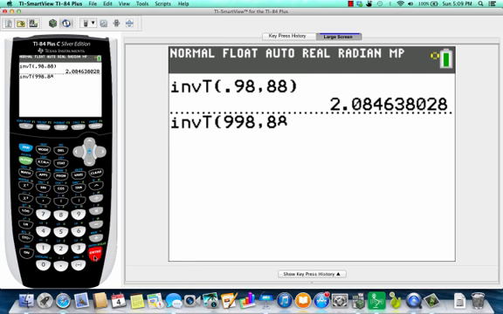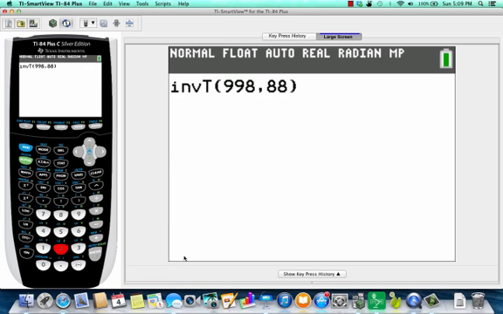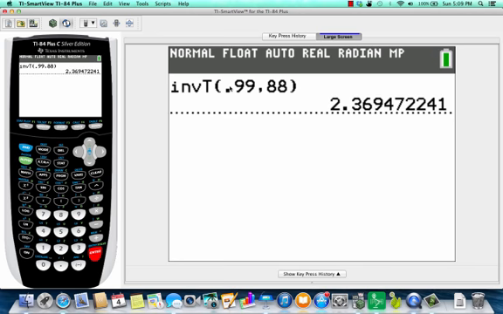Oh, now I've really messed it up. 0.99, degrees of freedom, 88. There we go,